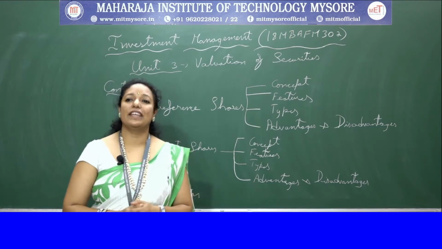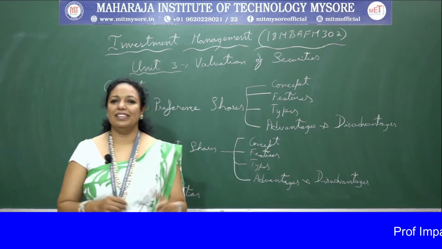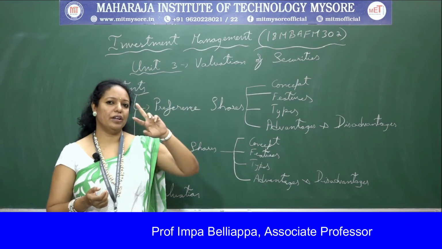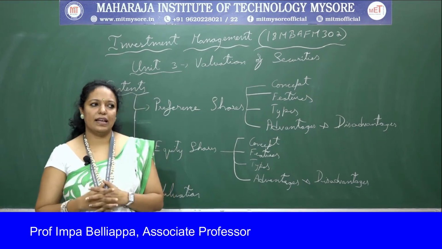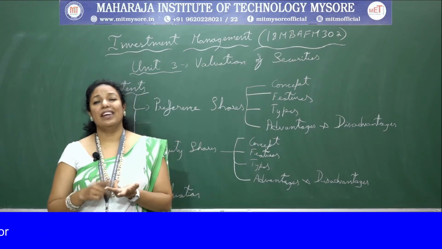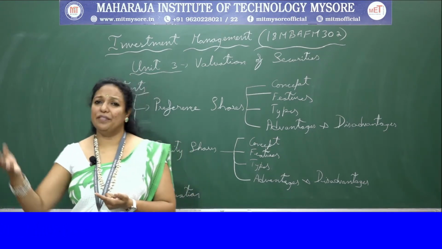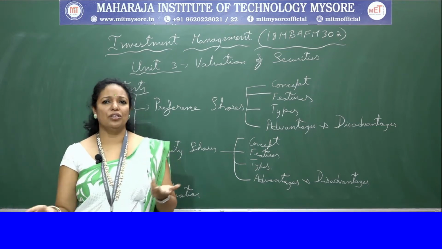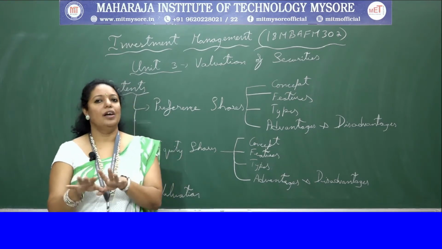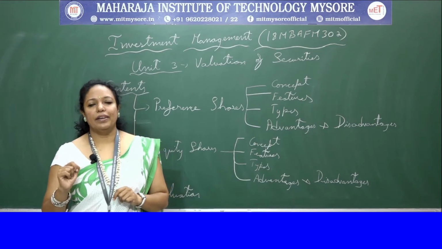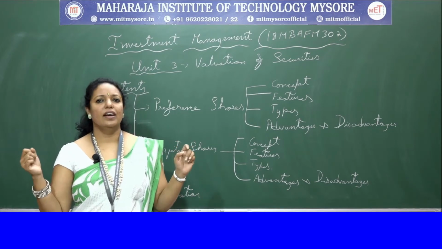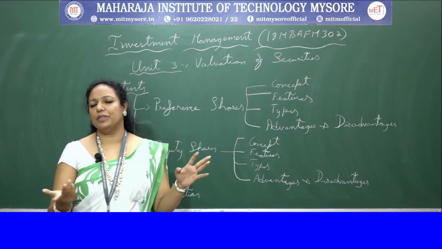Next is flexibility. I'll tell you in two prospects. For the company, they can issue any kind of shares: redeemable, irredeemable, for a longer time or shorter duration, cumulative, non-cumulative. So there is no danger of over capitalization and the capital structure remains elastic. In terms of investors, you get a wide variety of shares, however you prefer. Based on your objective you can select.